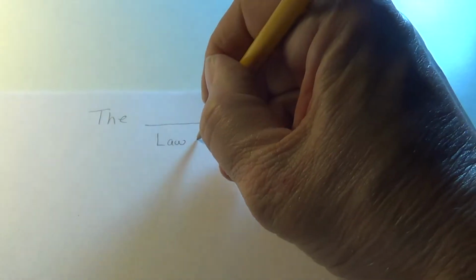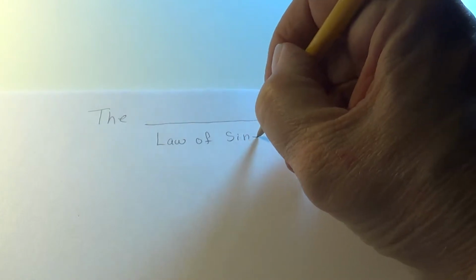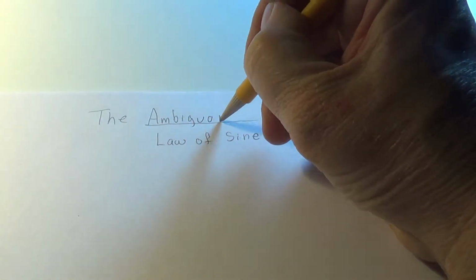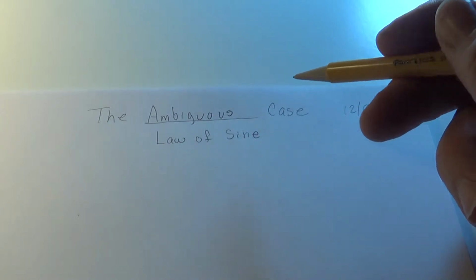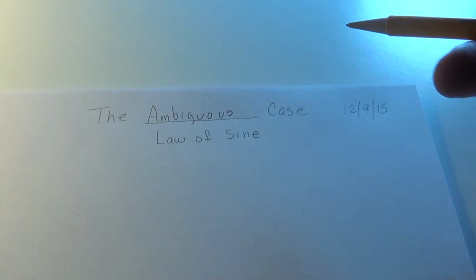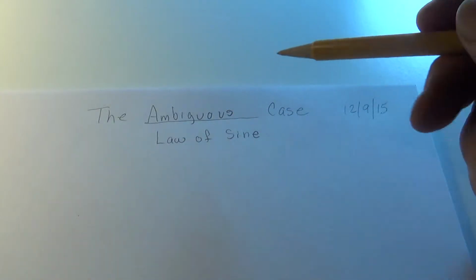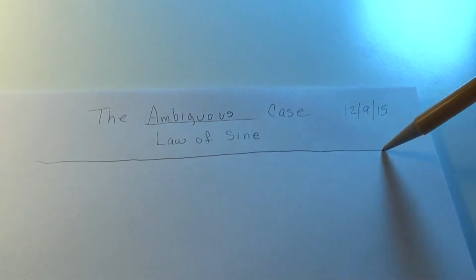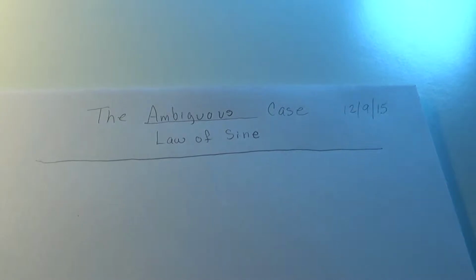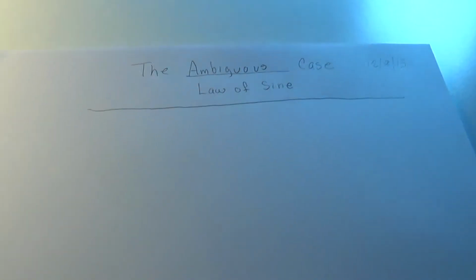When we're looking at the law of sines, there's one situation that can be quite aggravating, so we'll tackle it tonight. It's called the ambiguous case. Ambiguous means there could be more than one solution. It's not really clear, so it's sort of the unclear case. Perhaps you think a lot of my teaching is the ambiguous case. Well, this one actually earns the title. So let's look at this ambiguous case, and I hope that you find that it is